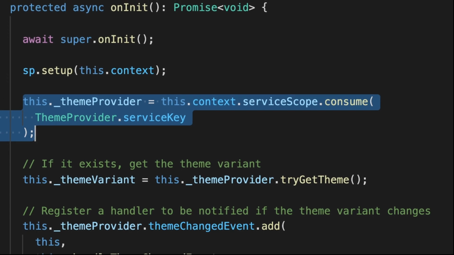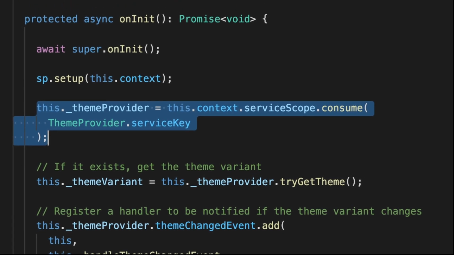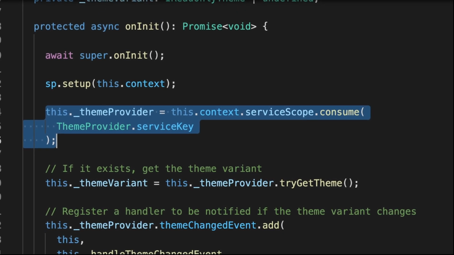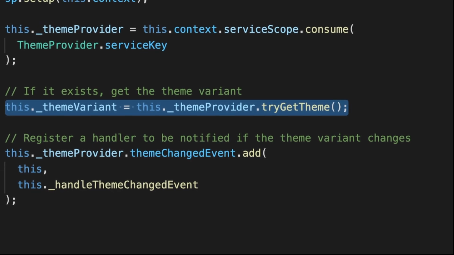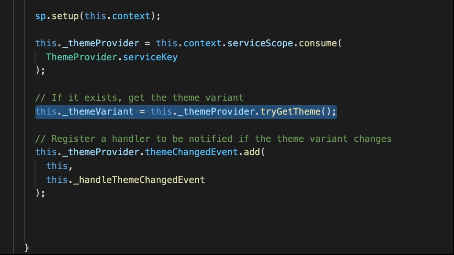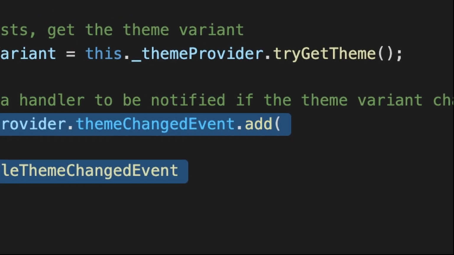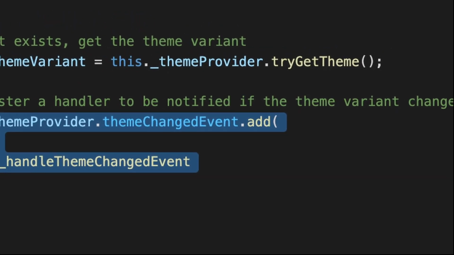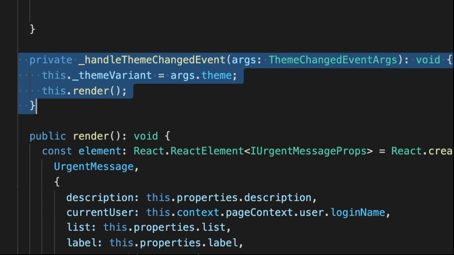And in our onInit function that we used to instantiate PnP SP, add the following. We need to add this theme provider and it consumes that. Then we need to add this theme variant, and it does this by getting the theme from a theme provider. And then we need to add our event for when the theme value changes. Next, let's add a function to handle the theme change event. And when it changes, we simply set the theme variant to the one that's been passed through from our page